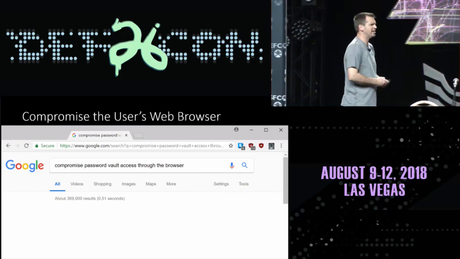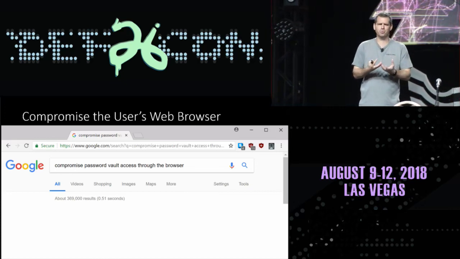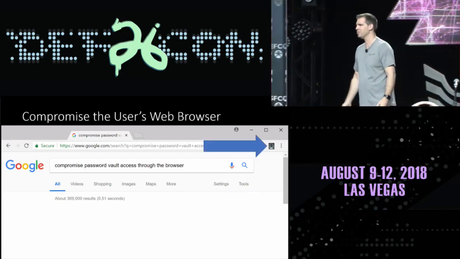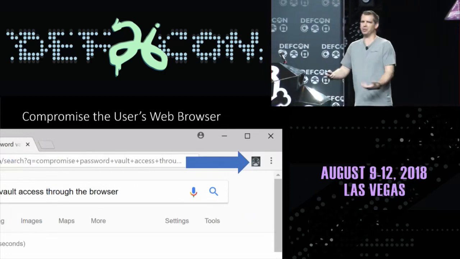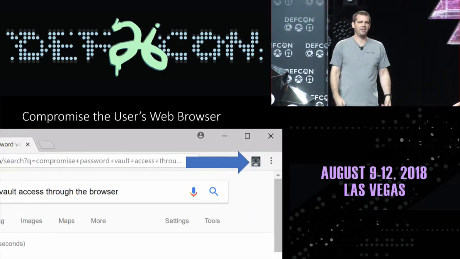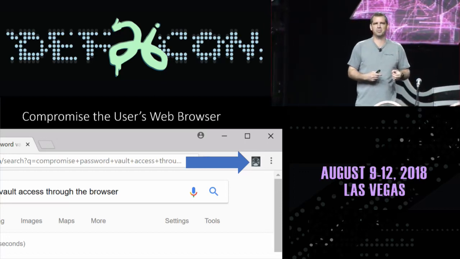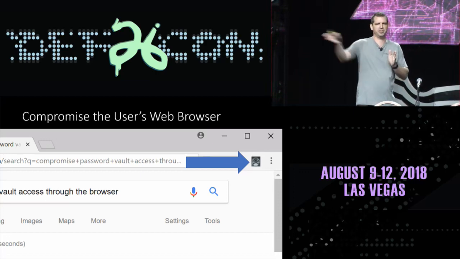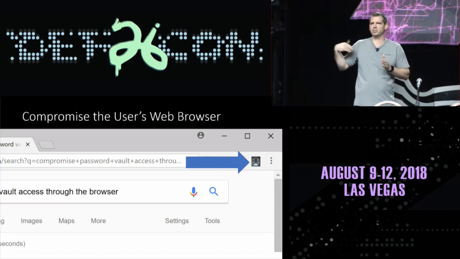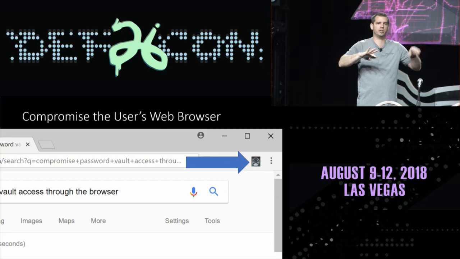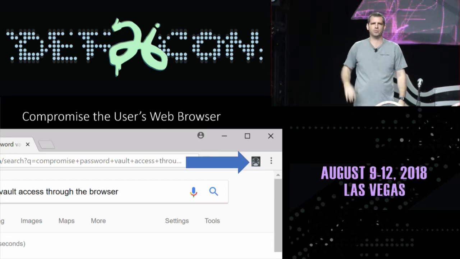So I started thinking about this. I'm like, there's a lot of dependencies on this web browser, right? So what if we just compromise the web browser? We don't have to do anything else. What if we installed, I don't know, an extension, and what if we didn't put it in the toolbar? And what if all it did was look for the connection to the password vault system, and when that happened, it just set up a secondary connection to another system that we own. And that way we could interact with the password vault in a separate hidden web tab. So as the admin's doing what they're doing, we can go through and copy out credentials for admin accounts.